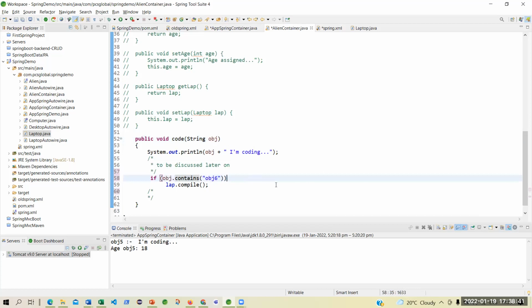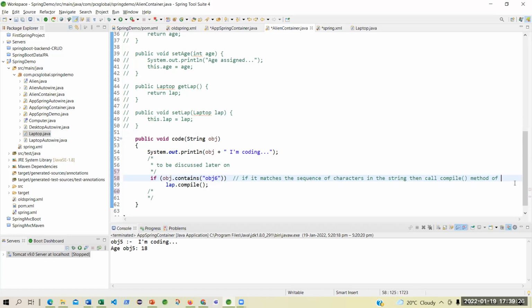If it is true, if it matches the sequence of characters in the string, then call the compile method of what? Sir, obj.